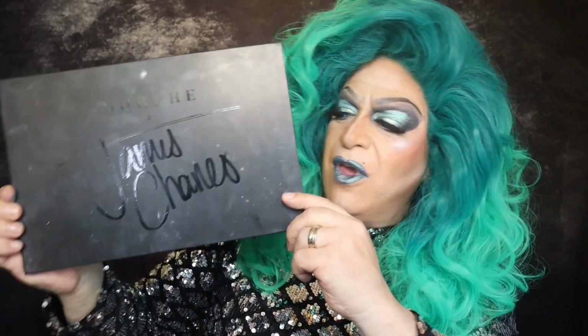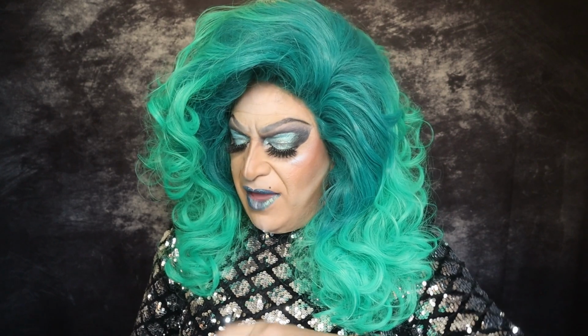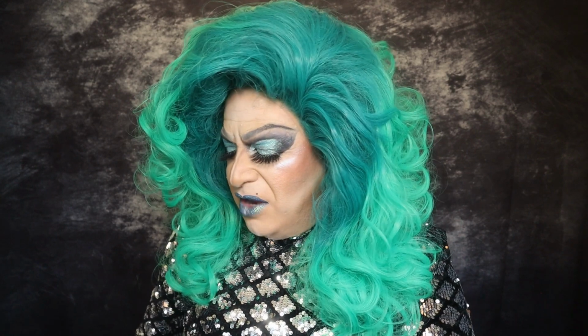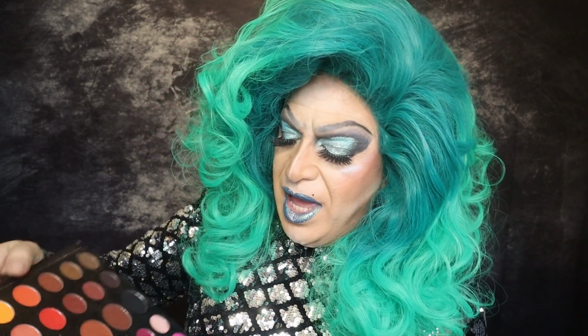Okay, here's an oldie from Morphe, the James Charles palette. Remember how everyone was crazy about this palette for the longest time? And then they came out with like a mini version of it, which I never understood. It was the same exact palette, but just smaller pans. I mean, really? Never understood that. Anyway,